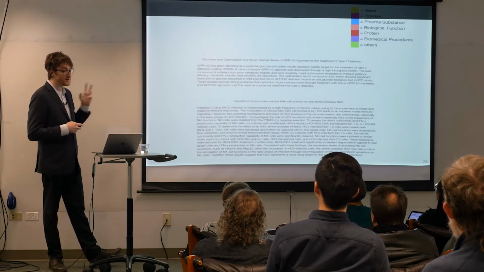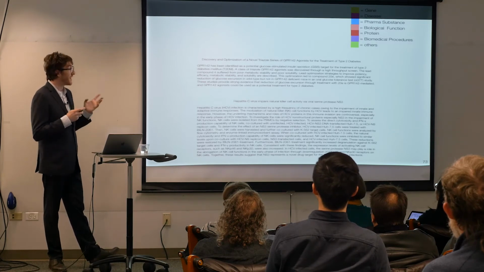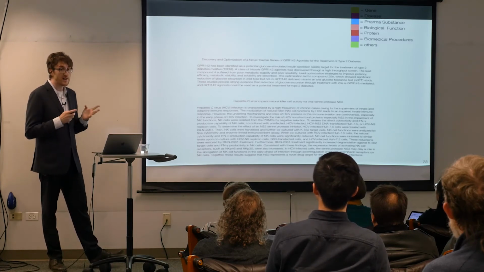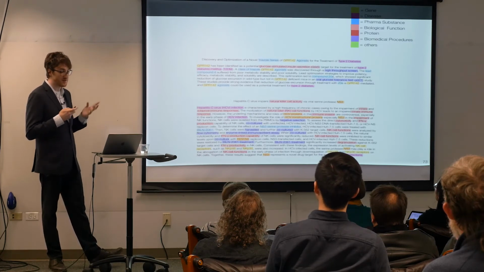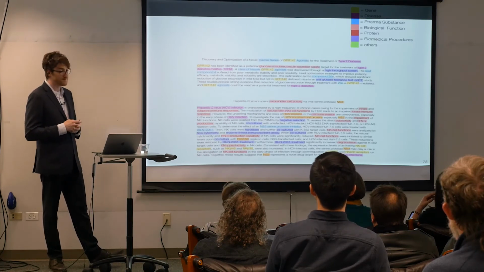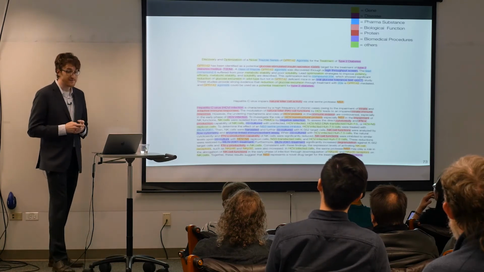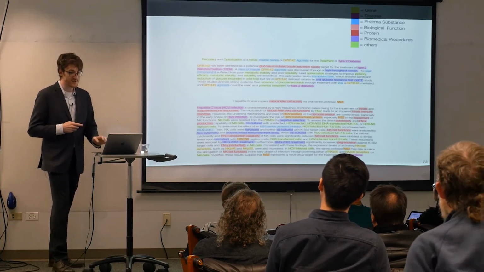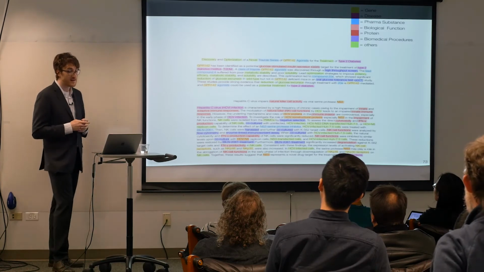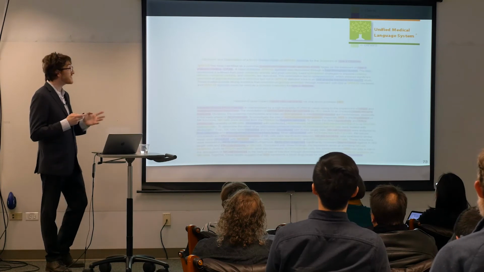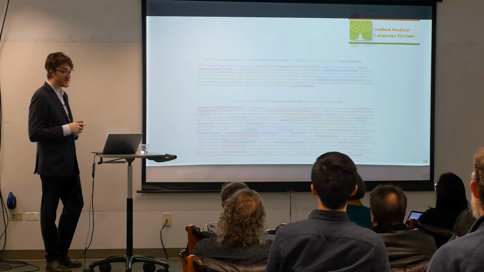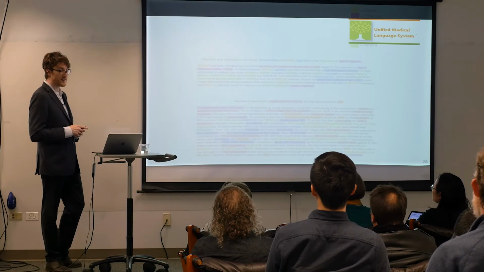So here's an example of 2 titles and abstracts from biomedical research papers. And we got expert annotators to identify occurrences of genes and diseases, pharmacological substances, biofunctions, proteins, as well as several other types. In addition to identifying the mentions of these particular entities, we also had them link the mentions to the correct entity in the UMLS knowledge base. And it's particularly nice because UMLS arranges their entities in this very rich hierarchy.